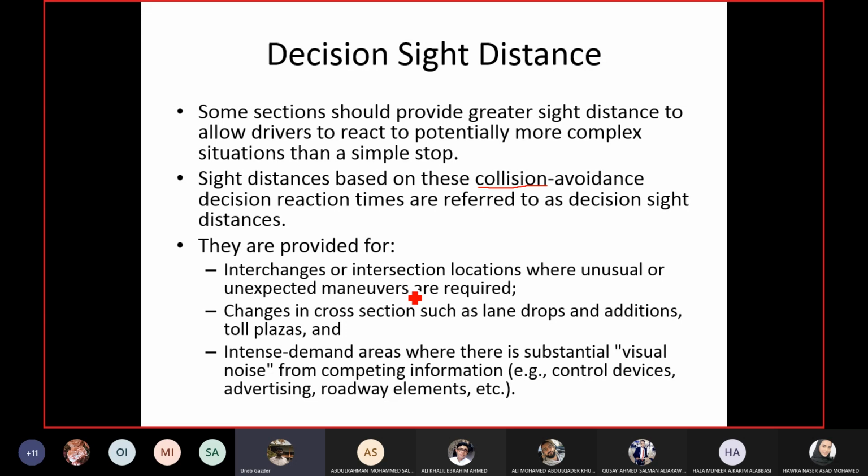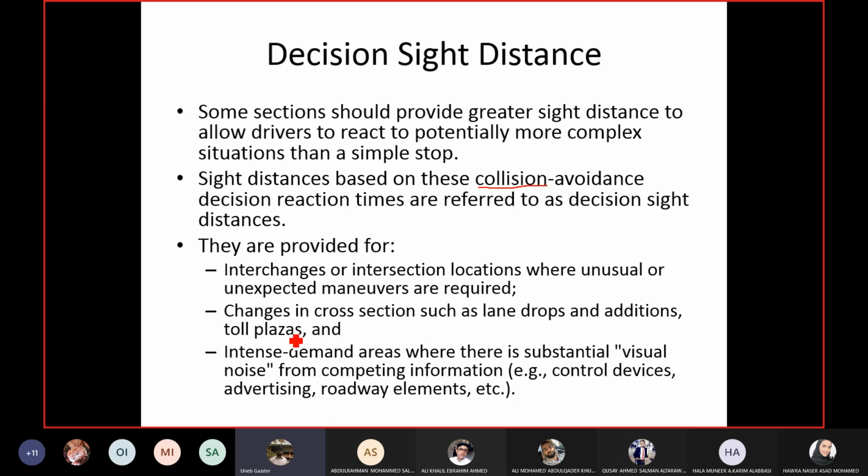Or when you are coming towards a toll plaza. What is a toll plaza? It is where you pay a tax to go ahead on the road. Where is the toll plaza in Bahrain? It is on the King Fahd Causeway. When you are entering the causeway, you have to pay a tax there. That's a toll plaza. At the toll plaza, normally you will find some speed humps before it, there will be a barrier, and there will be different lanes for different types of vehicles. So in those situations, again, something unexpected may happen.